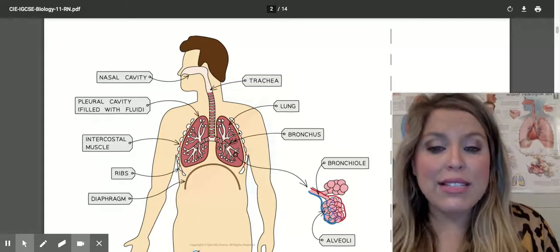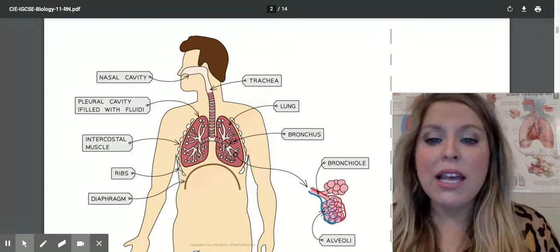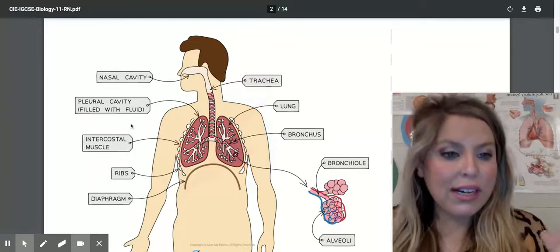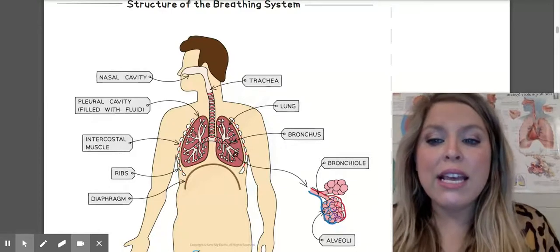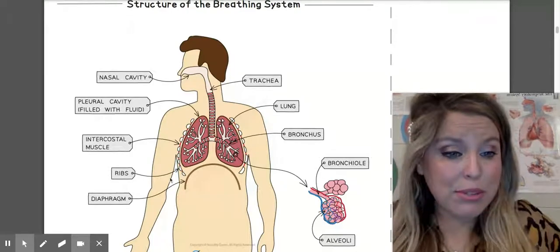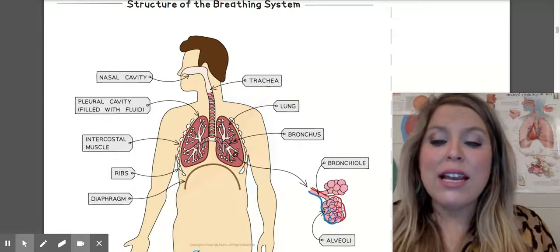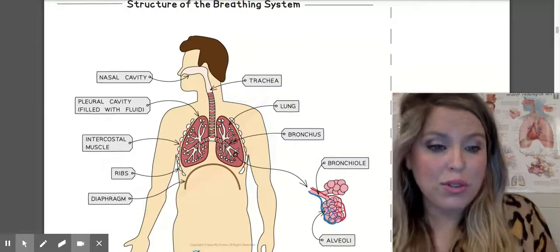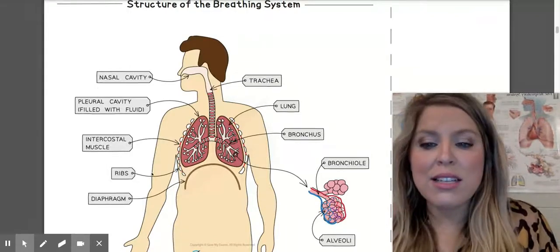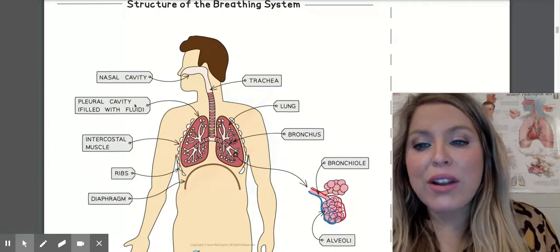Okay, now this is all taking place inside of the lung. You both have a left and a right one. And we have some other ways that these lungs are protected. So all of you have ribs that protect your thoracic cavity. That is where your lungs are housed. And these ribs are surrounded by something called intercostal muscles, which we will talk about when we talk about breathing movements. And then inside and around your lungs, you have the pleural